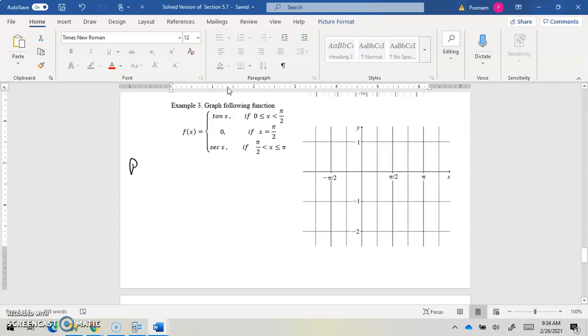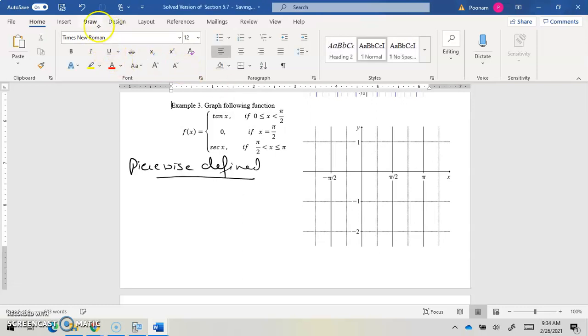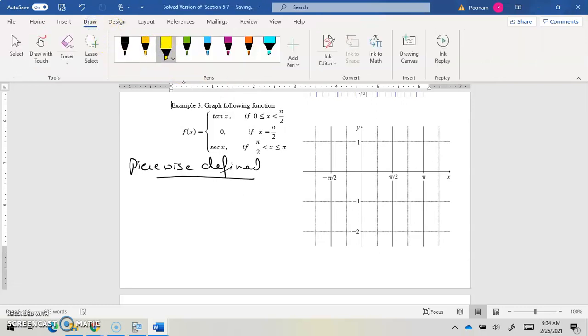Now this is called a piecewise defined function. Piecewise defined function means the function is defined differently on different segments. So from 0 to pi by 2, the function is defined by tangent x, and from pi by 2 to pi, the function is defined as secant x. That is the thing. So I'm going to draw a table of values